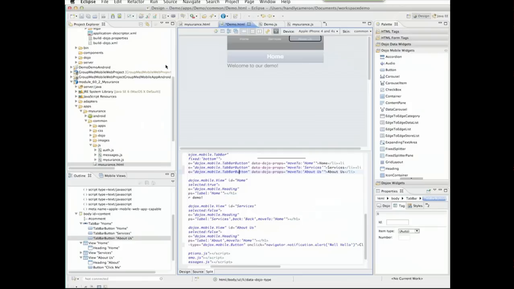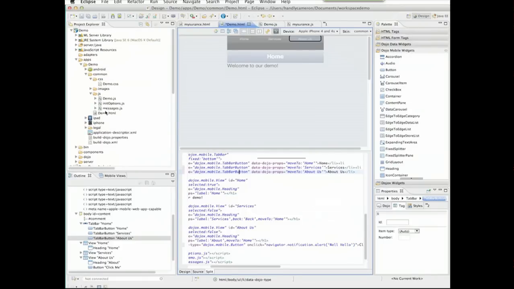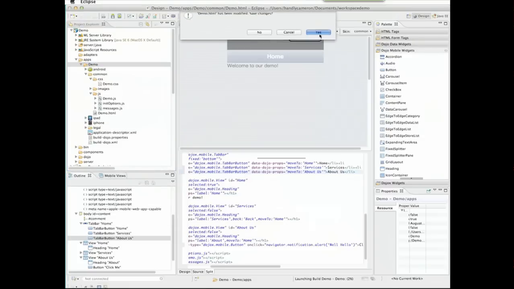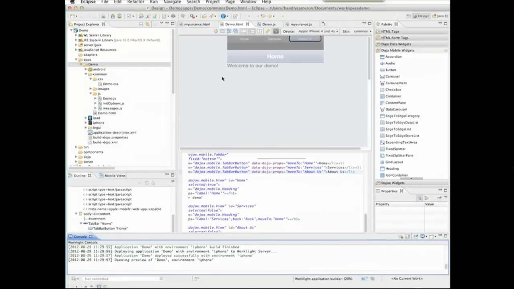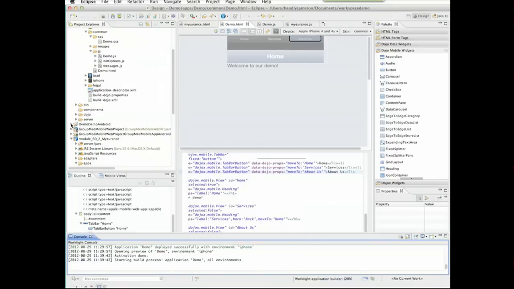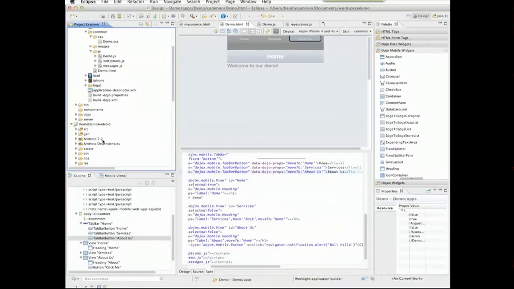So now we can go do this. We're actually going to go over here, and we'll do the same thing again, build all and deploy. Make sure we save our changes. And so that will go build it out on the server and get the server up and running. And then while that's building, you'll notice down here it's actually created an Android deployment, and I can actually go tell it, I want to run on Android. In the Eclipse